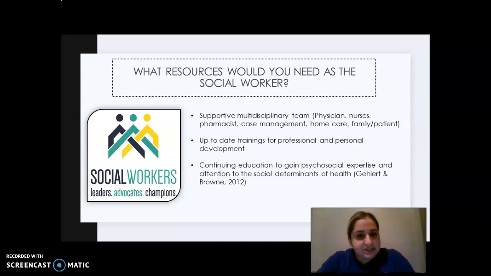So some resources I would need as the social worker would be a supportive multidisciplinary team. That would be physicians, whether it be the attending or the palliative care physician, nurses on the floor, the pharmacist, a case manager, home care, the family, and the patient. That's very important for the continuum of care for the patient. It's also important to be up to date on your trainings, education, and CEUs, because that's going to help me as a social worker